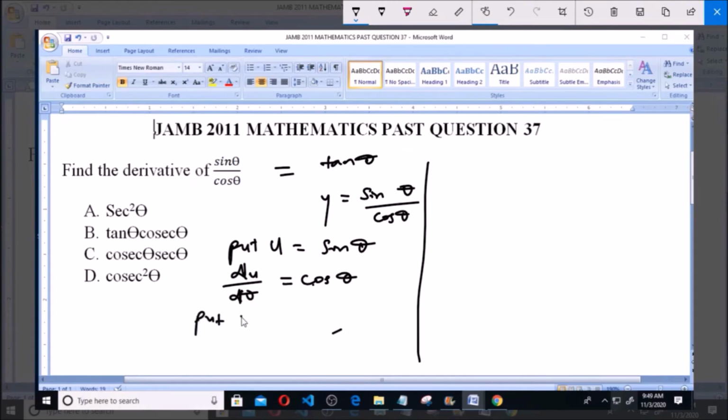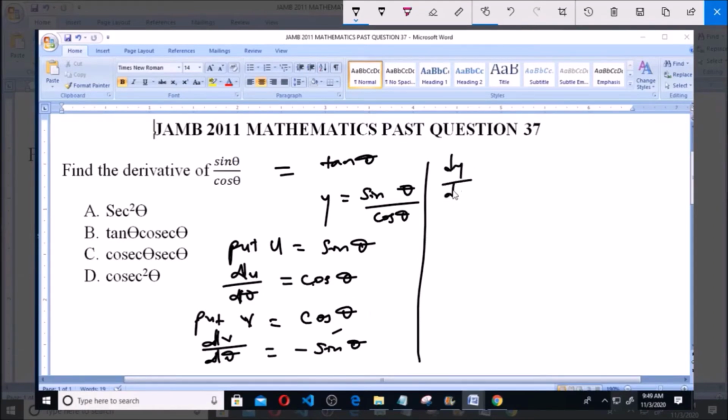Now let's also put v equal to cos theta. Remember we put u equals sin theta. Now let's put v equals cos theta. Now dv/d theta, that is differentiating v with respect to theta, is equal to minus sin theta, because the derivative function of cos theta is minus sin theta. Now we can now say that